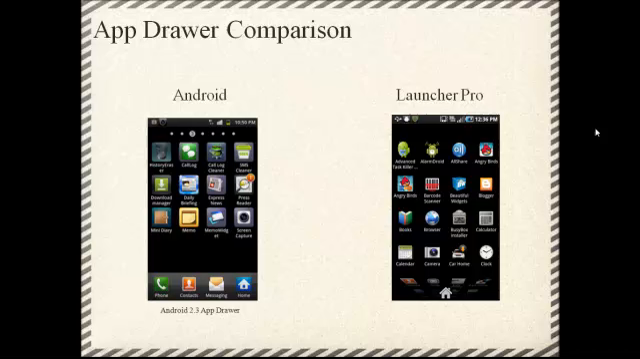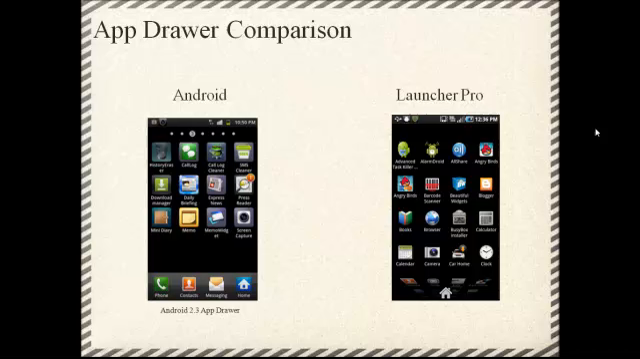App drawer comparison. Android to the left and Launcher Pro to the right. As you can see, Android's app drawer is similar to its predecessors of 2.2 and 2.1. It's also very much like iOS in terms of the app drawer, and on the bottom you've got your phone, contacts, messaging, and home icons